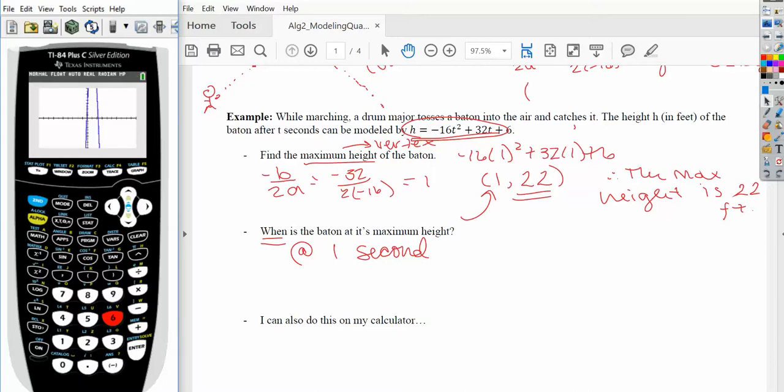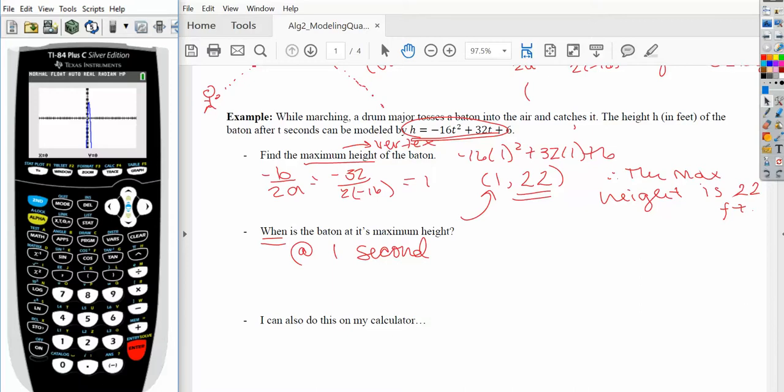So I'm looking for the vertex. Notice, do I have the vertex? No, the vertex is somewhere up here, right? So I'm going to hit zoom and I'm going to zoom out. So 3, and then I'm going to hit enter to zoom out till I see my vertex. Hopefully I see it. Oh, there we go. There I see it. So my vertex